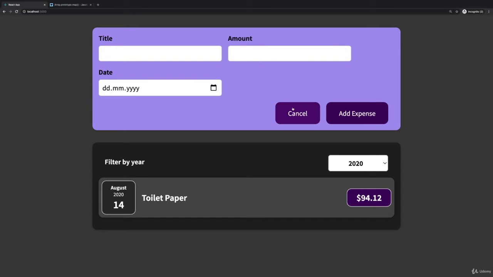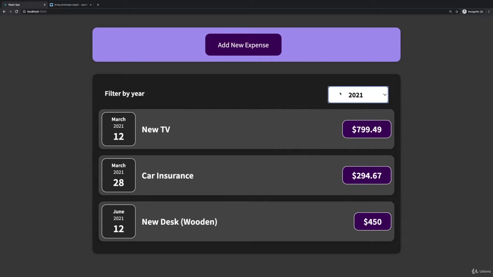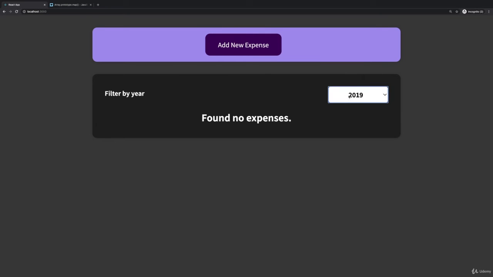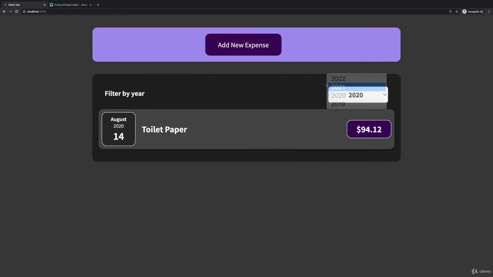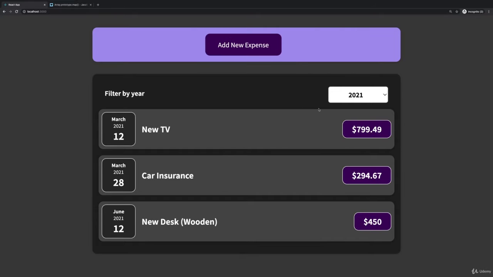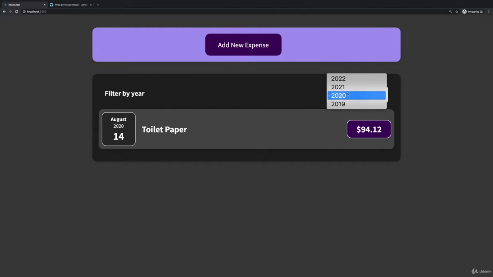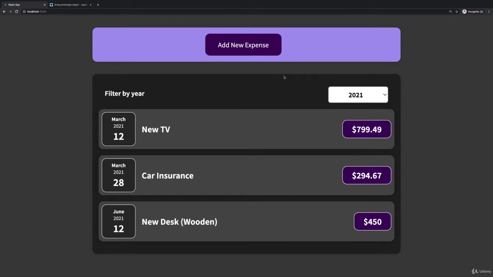So this expense tracker has taken some shape, and it's basically finished from the core functionality, at least. We got all the core features implemented. We can add expenses, we can filter our expenses. But if you remember the original state, which I showed you a couple of hours ago, then there is one